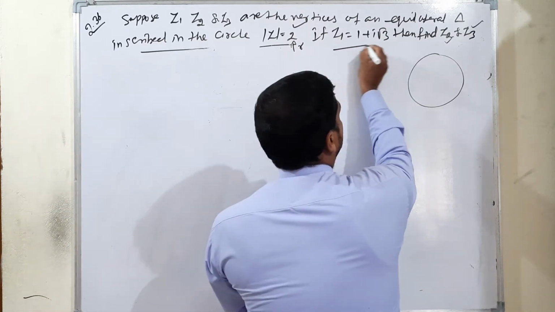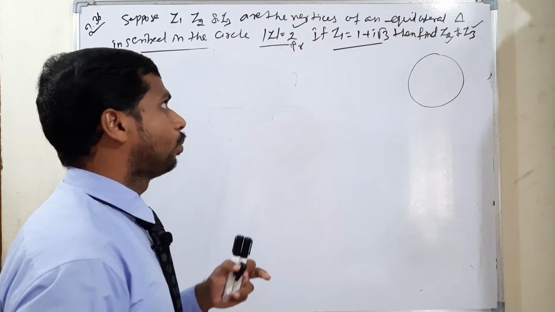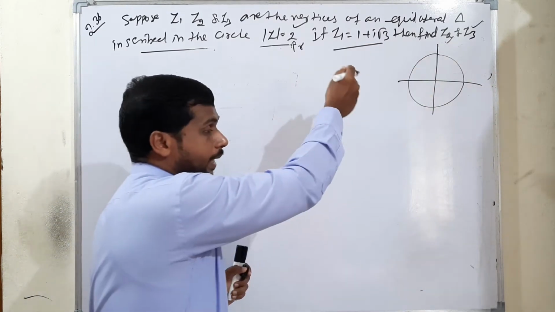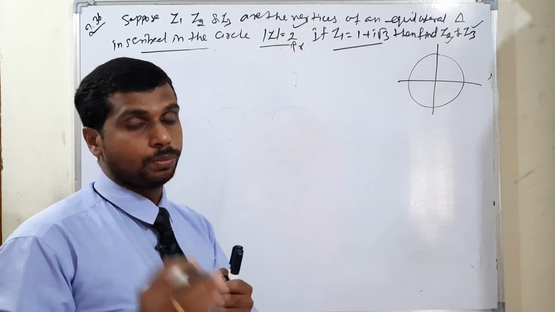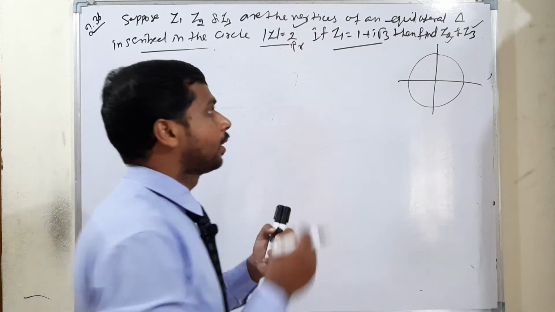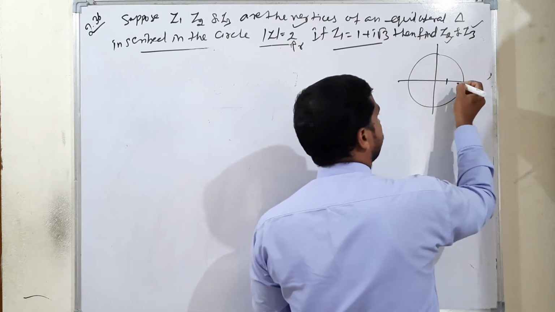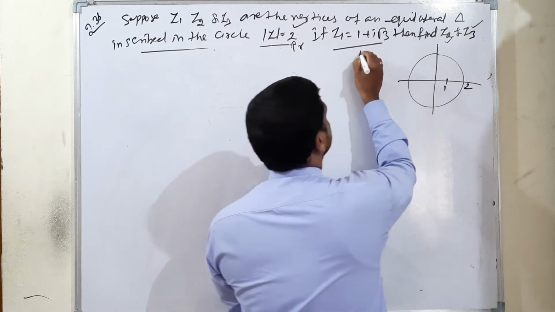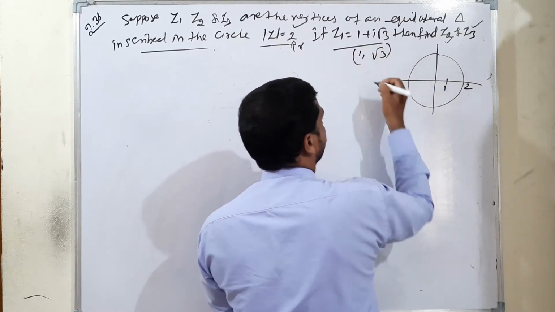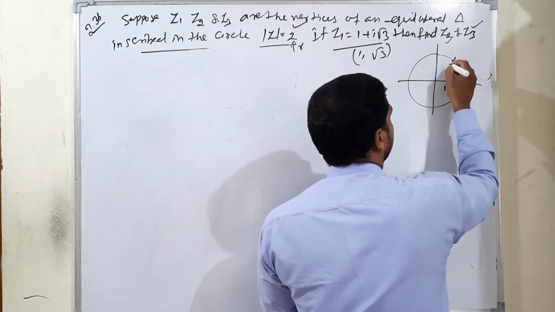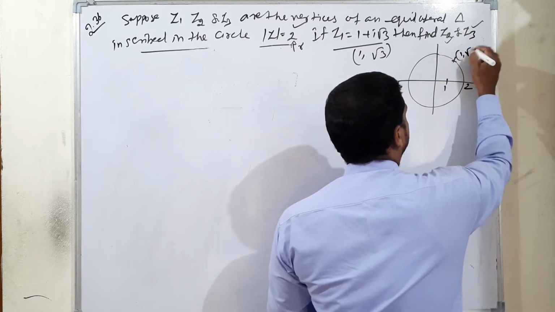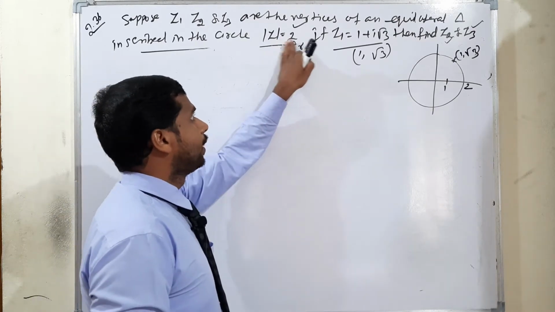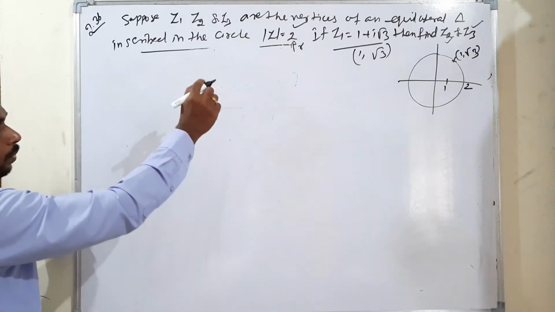Now, the first condition is clearly given, Z1 is 1 plus i root 3. So, 1 plus i root 3 means x is positive and y is positive, so both are positive, which means we can be sure it lies in the first quadrant, isn't it? This is considered because the radius will be 2. The coordinate point is 1 comma root 3, approximately here. Now, I will prove how to get the value of the radius using the value 1 plus i root 3.